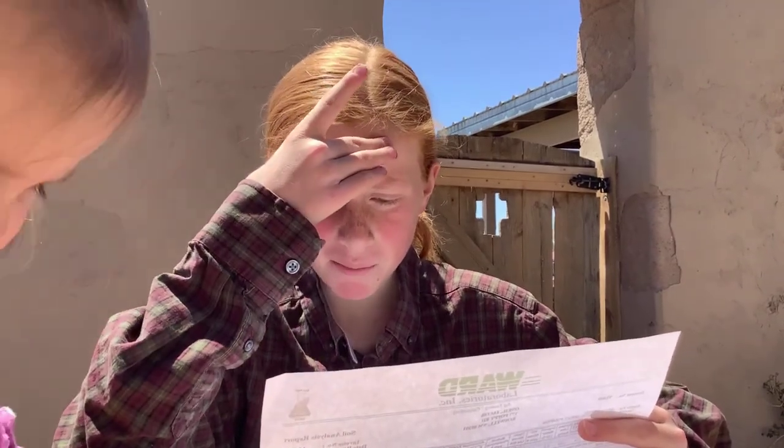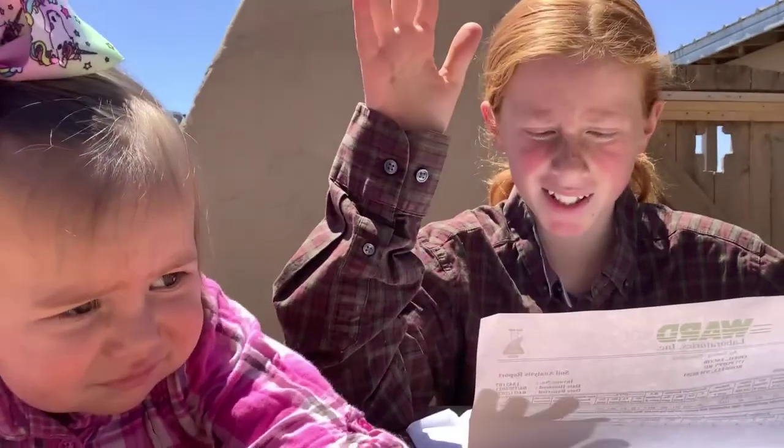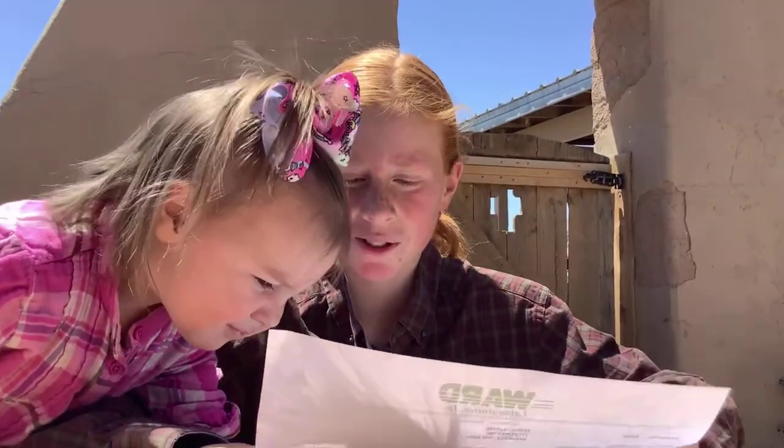My manganese and copper, I don't need to add any of that. My boron, it said my boron shows there's no